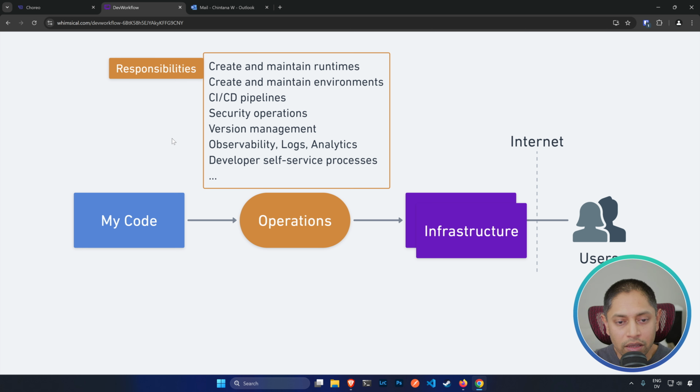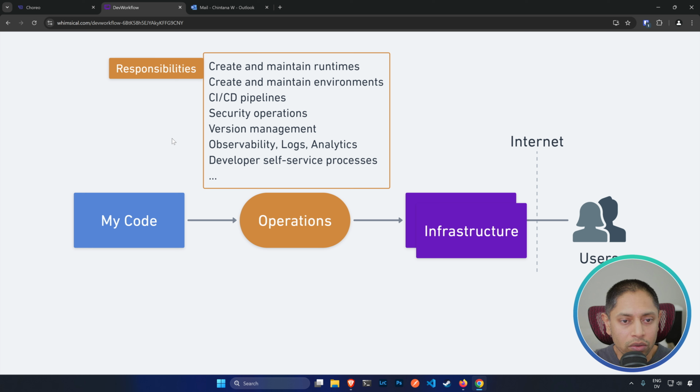the things that you have to do become more complex. And usually this is outsourced into what you call an operations team. The operations team's responsibility is, of course, once the developers develop the code, get that code and then create and maintain runtimes, create and maintain different environments, figure out how to do CI/CD, which products to use, what the pipelines should look like, and what additional operations, compliance, and other processes should be part of the pipeline, and also